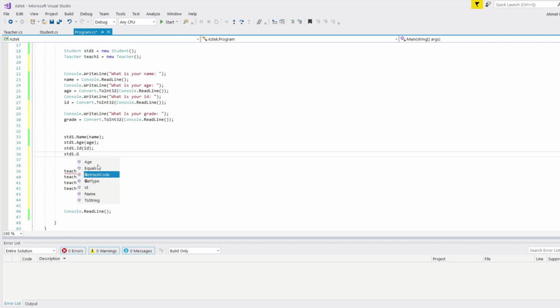Then I try to get my grade method from Teacher. As you can see, it didn't even pop up from here. It just shows the age, ID, and name methods from the Student class. So